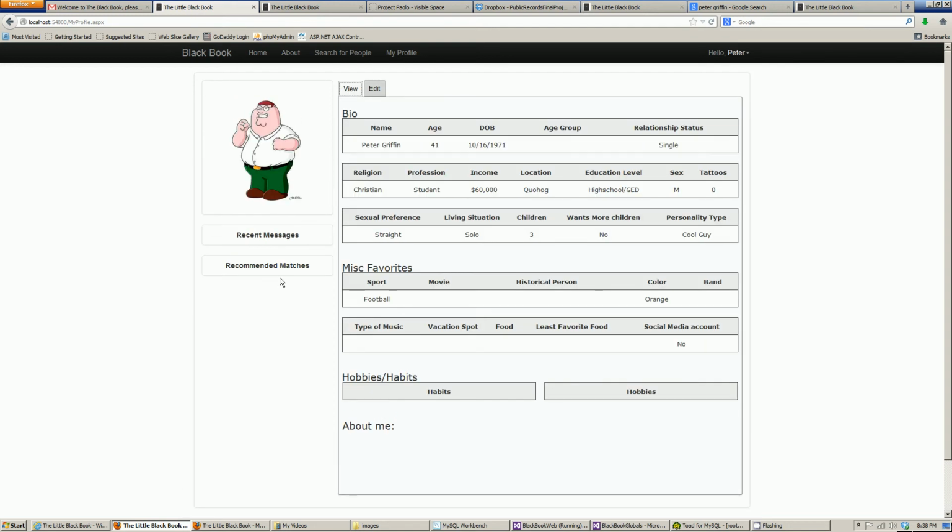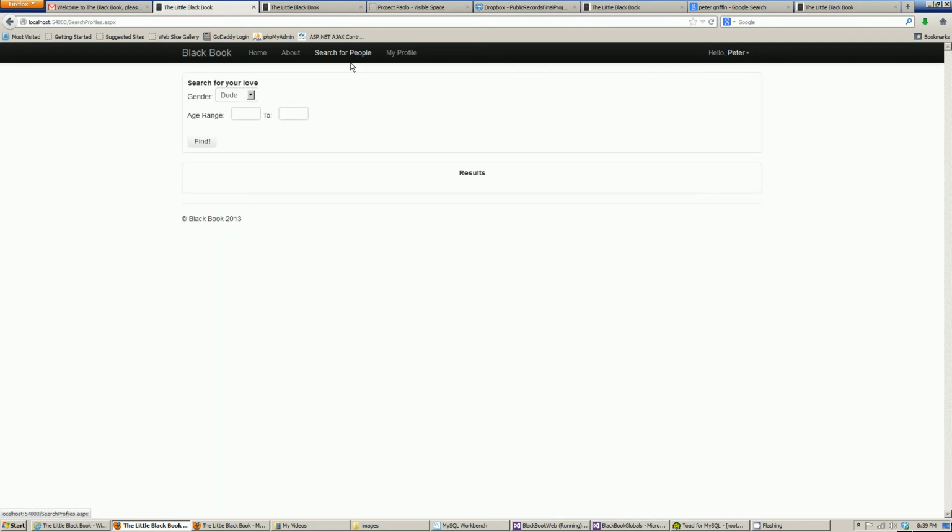So for right now, Peter's profile is pretty much complete. The next step is to show how to send messages or search for other profiles on the website. Let's say Peter is interested in finding a date. We all know that he's married to Lois, but let's say he's not. So you click on the search for people link here, and it takes you to a page where you can